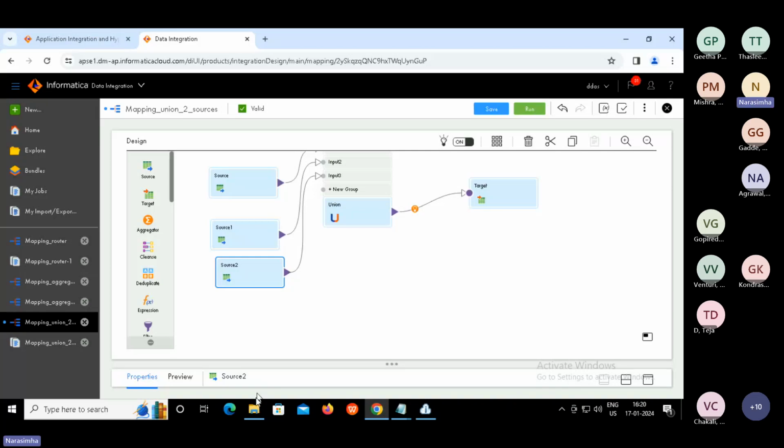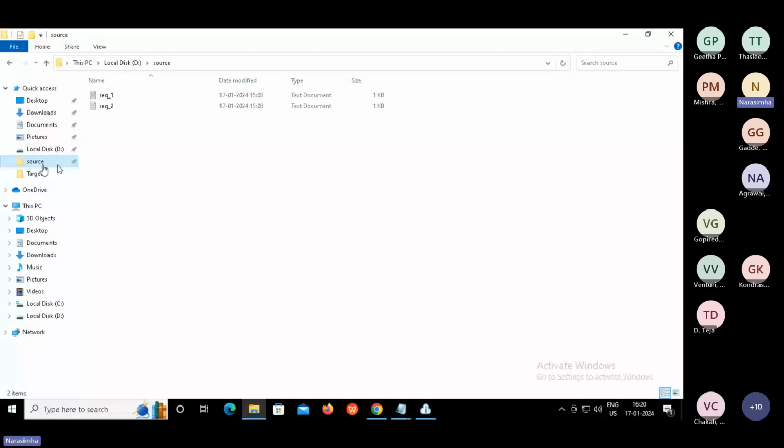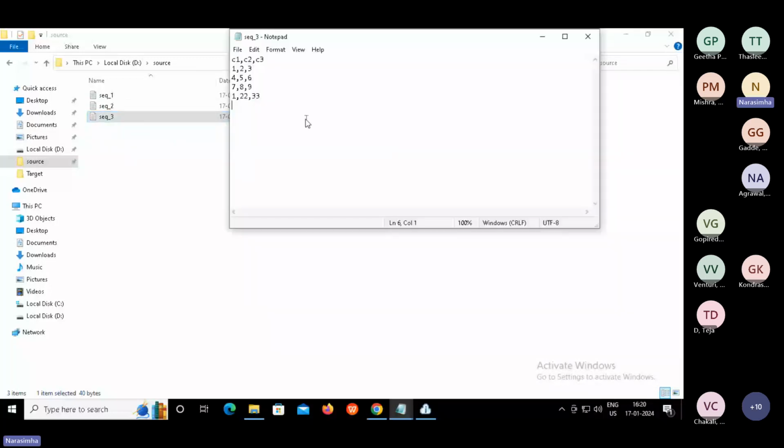Now from the source we can add one more file, copy paste, and then change this to seq3. Here we will modify the data, because in the earlier example we talked about similar data.